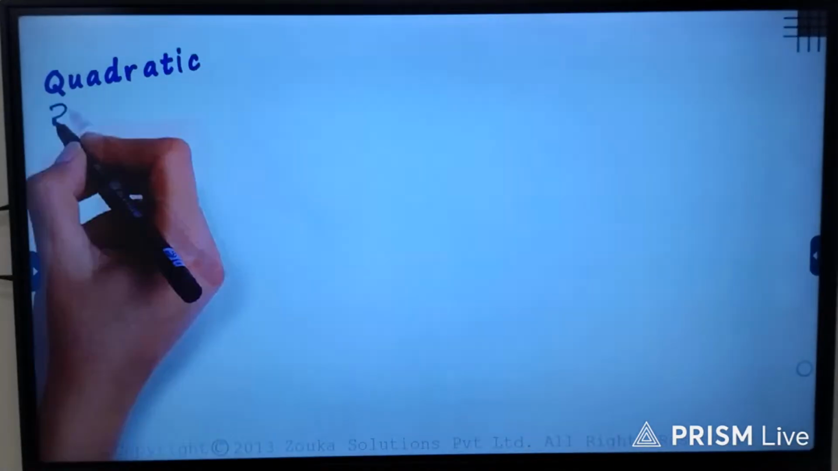We will now try to understand how to factorize a quadratic polynomial, sometimes